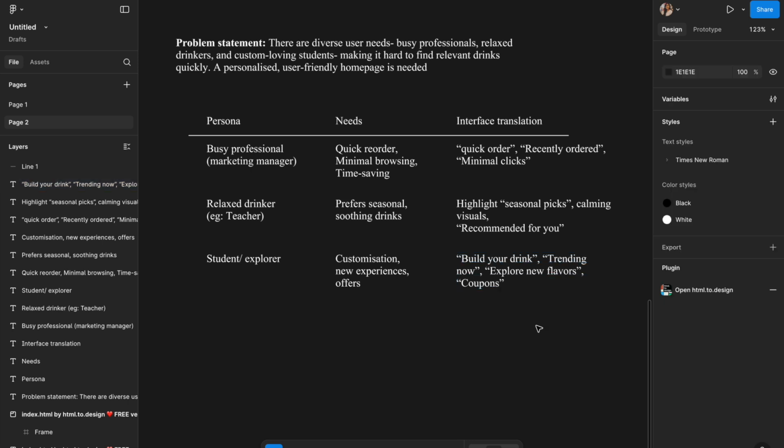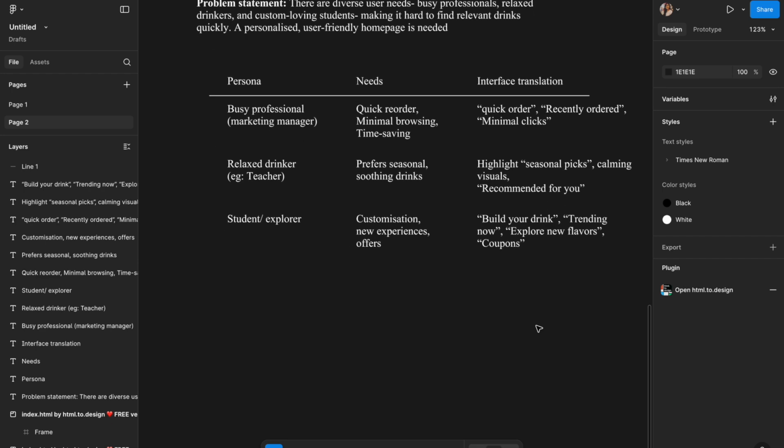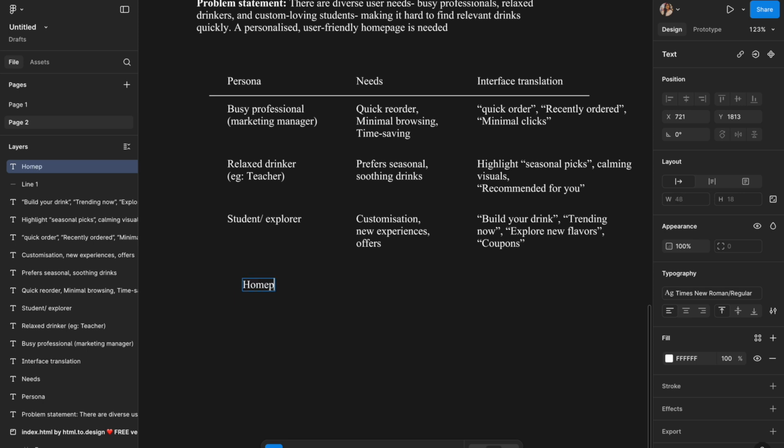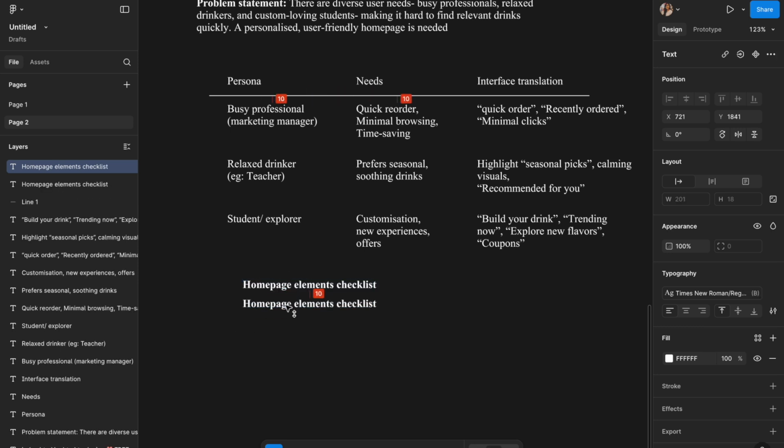Okay. So from these kinds of questions, once we have identified them, in order to design the home page, we will get the checklist, which means what are the things that are going to come in the home page. Okay. Now let's create the home page elements checklist. In that, we'll have the first fold and what would be coming in each and every section. Okay, so first we'll have the top section,